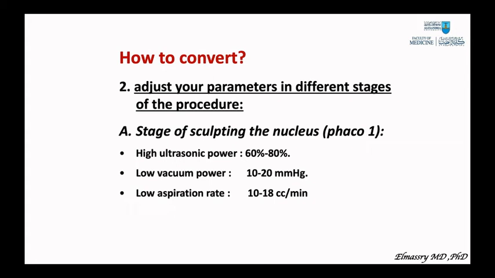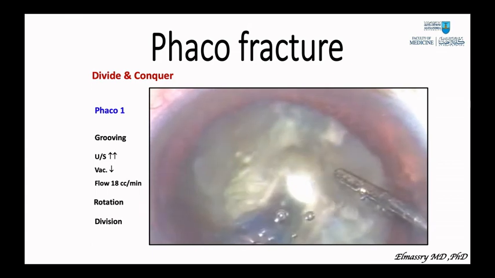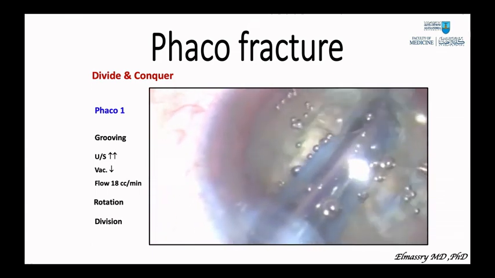You have three stages of the procedure. Stage 1 of sculpting the nucleus, or phaco 1, you need high ultrasonic power, 60 to 80%, low vacuum power, low aspiration rate. These are the basics. We're not going to talk about the ozil or the micropulse or the different types of the rotatory ultrasonic power. Here is the phaco fracture. In phaco 1, we're doing grooving with high ultrasonic power, low vacuum with a flow rate of 18 cc per